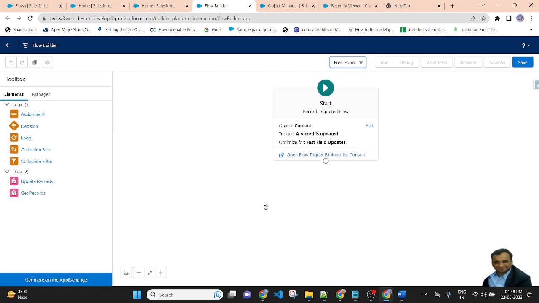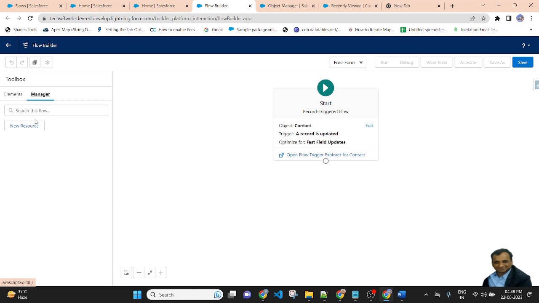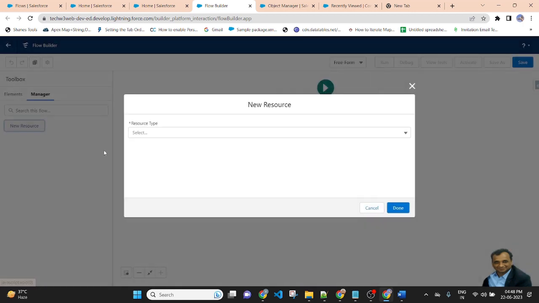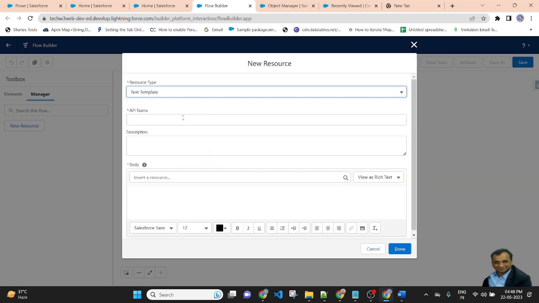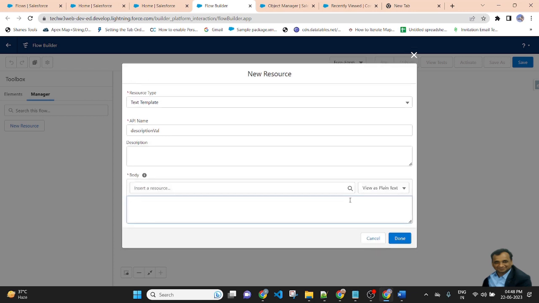Before I update the record of contact, I need to create a variable. So go to the Manager and create a new resource. Select a text template, and the API name will be descriptionValue. And this is viewed as plain text.